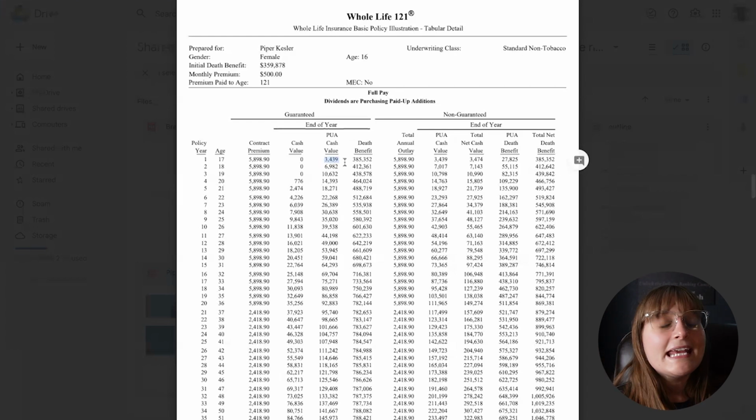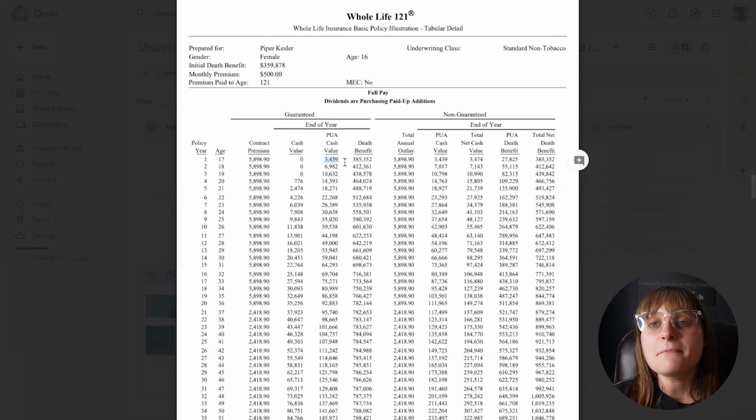So age only affects that death benefit. And I kind of want y'all to get death benefit out of your minds when you're thinking about this concept and really just view it as that cherry on top of the cake. But it does, age only affects the death benefit. Let's say Piper, who's 16 right now, she's going to do $500 a month. And let's say it's my father who's 58 right now, or he's 57. He was born in 67, so whatever, do the math. Let's call him 57 for easy numbers and grace here.